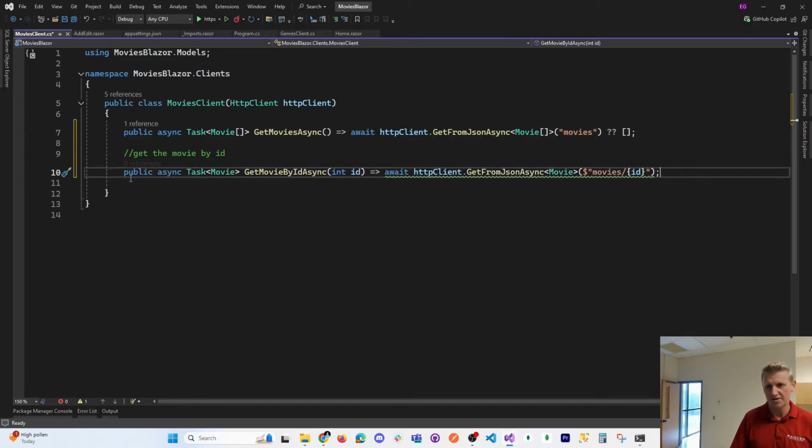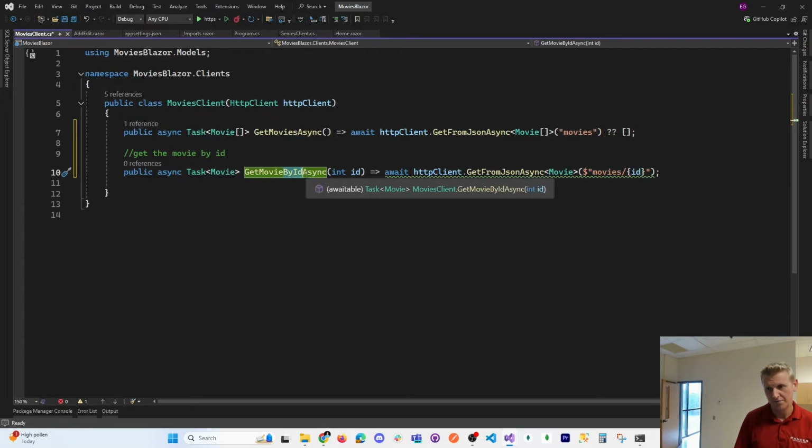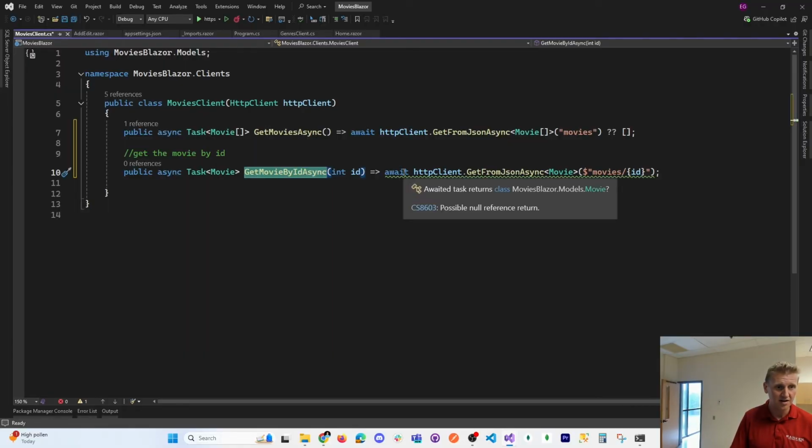Public async task, get movie by ID async. I'll have to change it on the other end. Await HTTP client